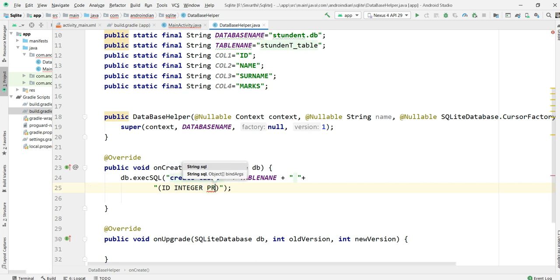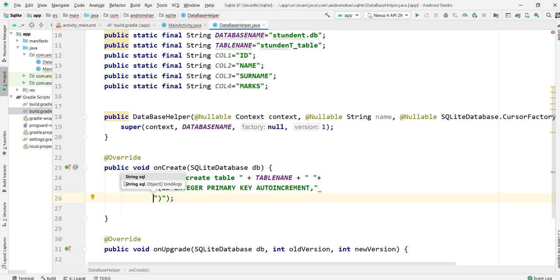Also I want to use this as an auto increment. Because of that I'm giving that as a primary key, it's an auto increment primary key. So I'm giving this primary key as well as auto increment. Then I'm giving a comma here, because after this it has some more fields.